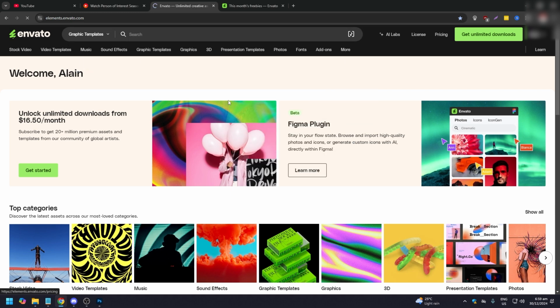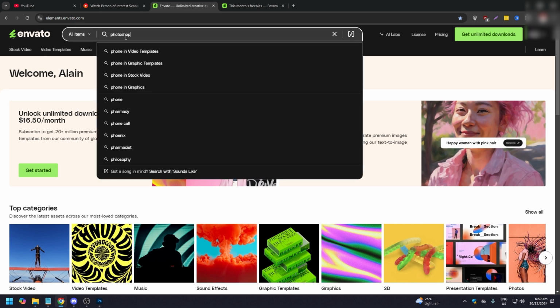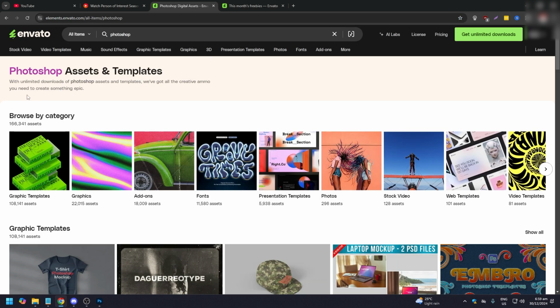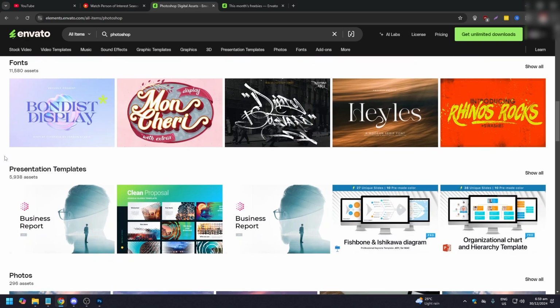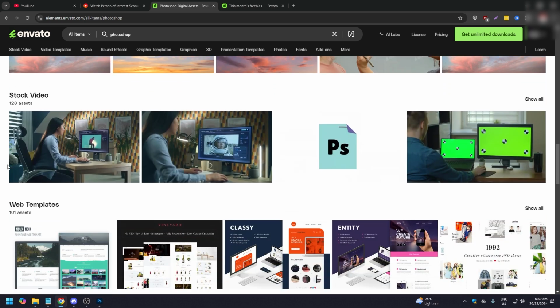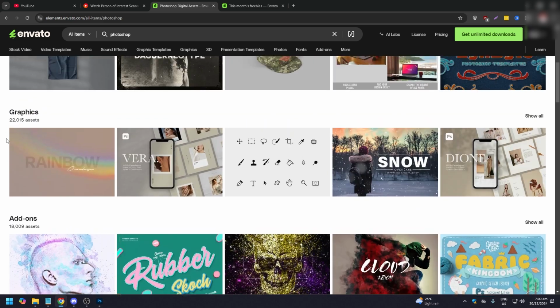Photoshop. Let's go back, and just type in Photoshop, and everything that's going to be here are going to be Photoshop assets. So graphic templates, graphics, add-ons, fonts, presentation templates, photos, stock video, which is not for Photoshop. I don't know why this is here, but for the most part,